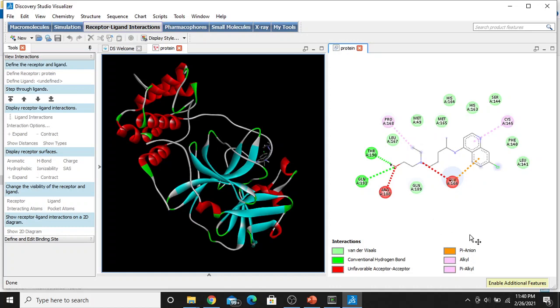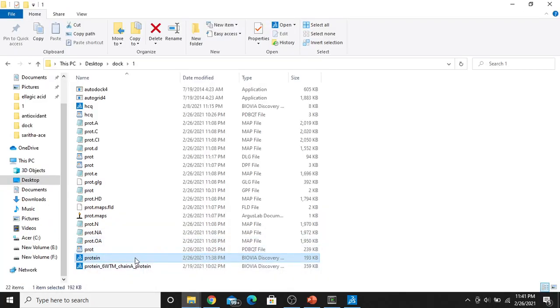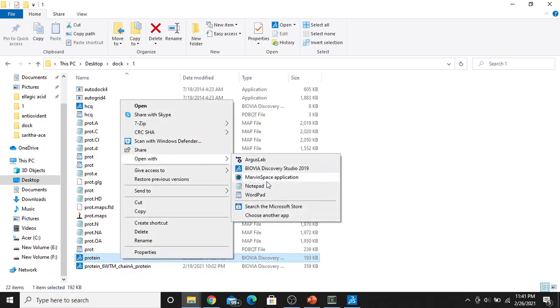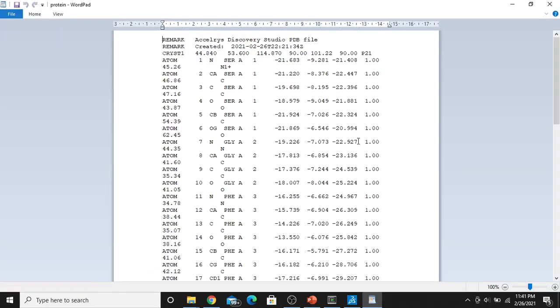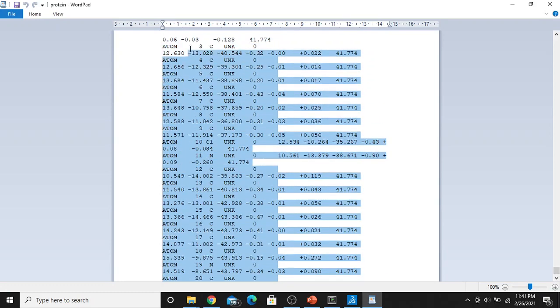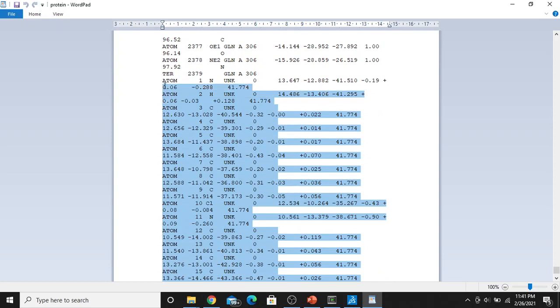Okay, so when you do another docking, you just copy the protein and the AutoGrid 4 and AutoDock 4 files to a different folder, and just do the docking with the new ligand. And if you have already pasted the ligand coordinates in your protein, before copying it to the next folder for the next docking, you just delete the ligand coordinates, because you don't want this ligand for the second docking.